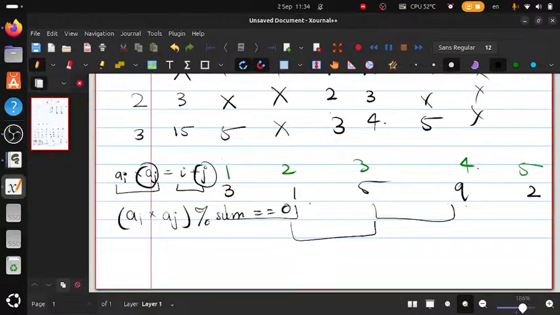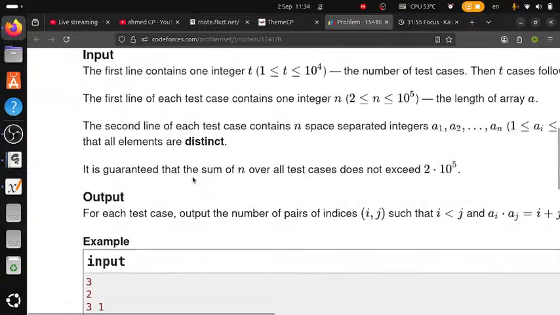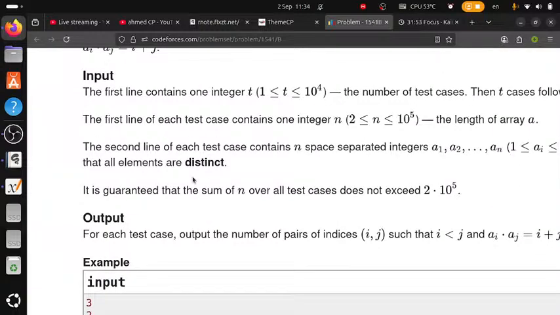Yes, we can do this. A of i into a of j. Then we say, so I think this has something to do with the elements being distinct, because